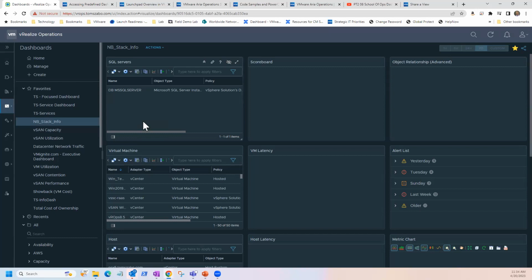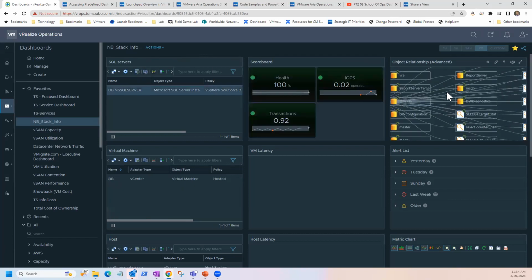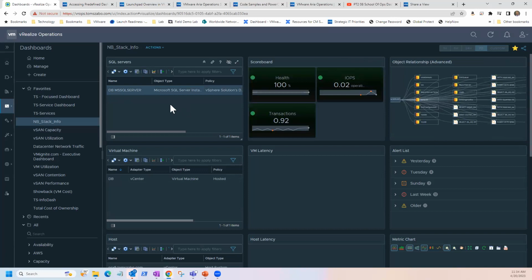And that's kind of a separate topic on how you can use Aria Operations to group your workloads into logical constructs, if you will. We'll talk a little bit more about that when we get into building a dashboard. But I wanted to give you an example of a custom dashboard here. This is an example mock-up I built for another customer of mine, where one of